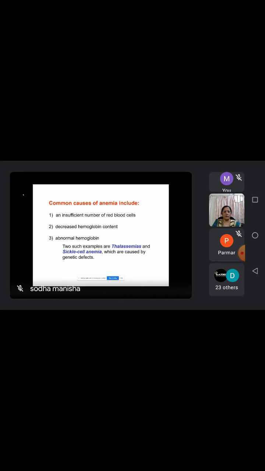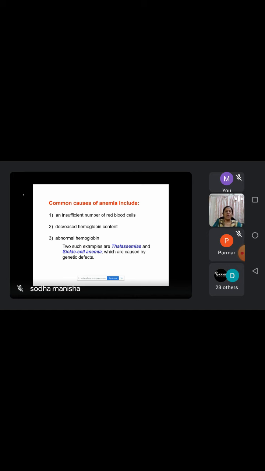What will be the symptoms in this case? Hypochromic anemia results due to the reduced amount of hemoglobin in red blood cells. So the amount of hemoglobin present in a single red blood cell will be less than the normal value. So we can say that the person is suffering from hypochromic anemia.